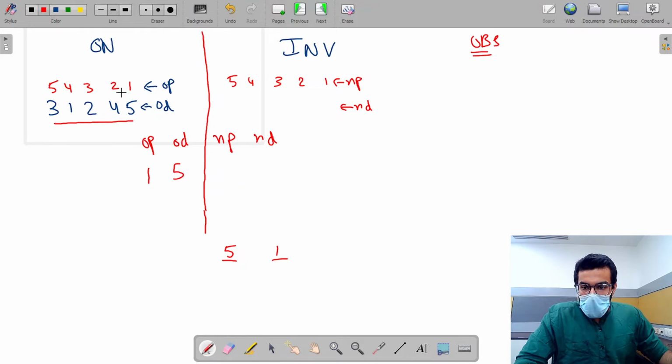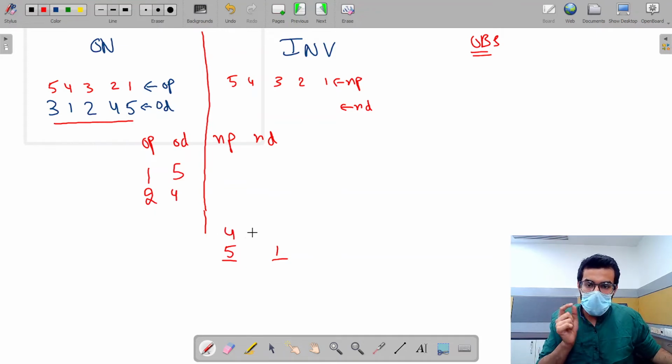Then I go towards the second position, and on the second position the digit is 4. So over here the old position becomes the new position 4 and the old digit becomes the new digit 2. Okay. Then I go over to the third position. The third position, the digit is 2.